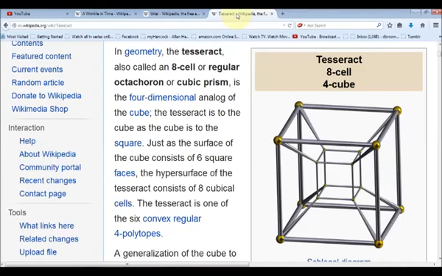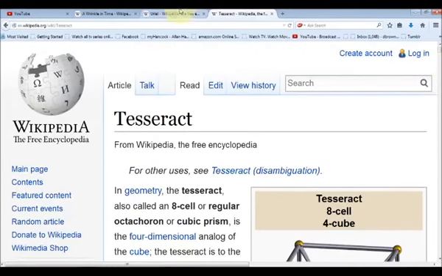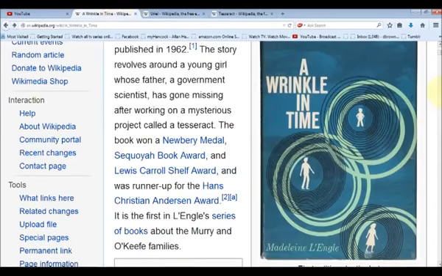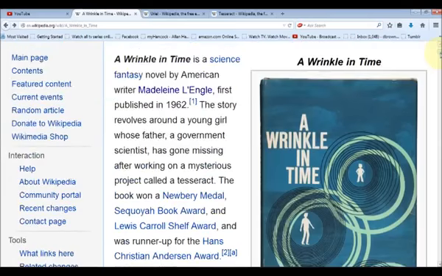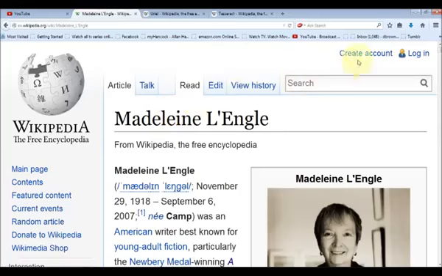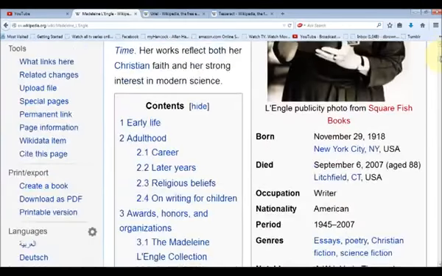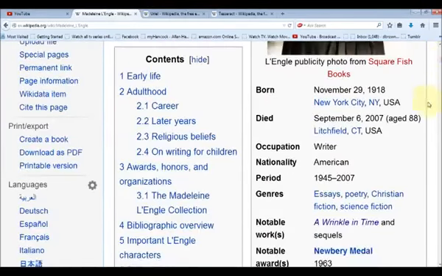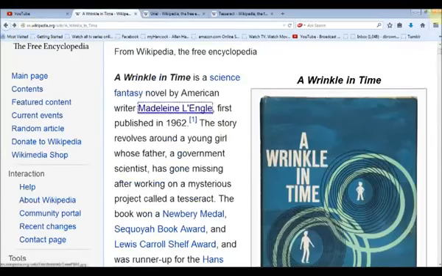This is a tesseract, and it is a cube within a cube, according to Wikipedia. But it was also the main theme in the 1960s book, A Wrinkle in Time, which features an 8 on the cover, written by Madeleine L'Engle, who died at age 88. Do you think these are accidents? They are not. Now, this book is all about wrinkling time using the tesseract that I just showed you,